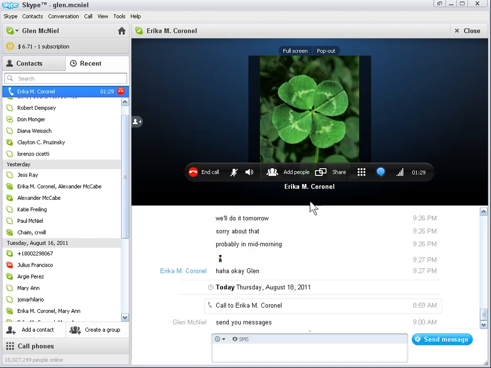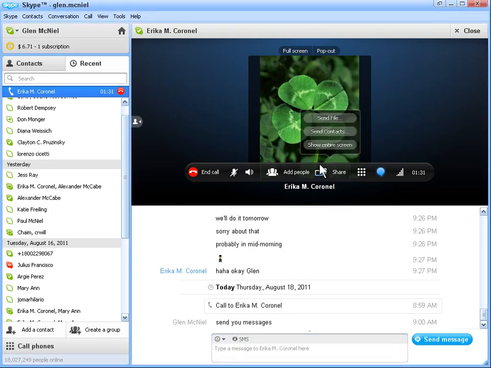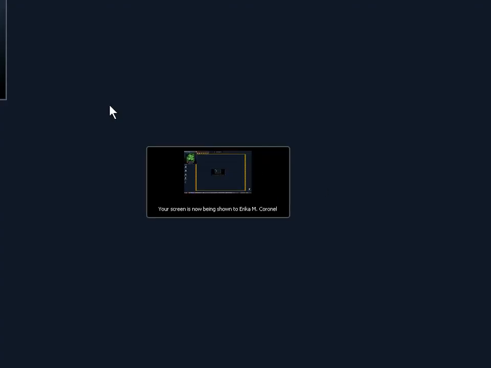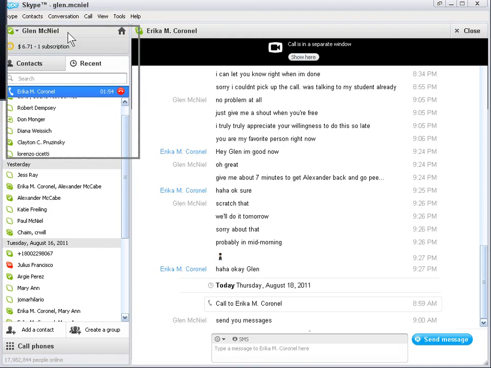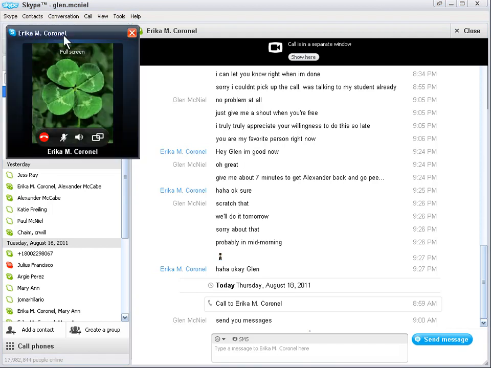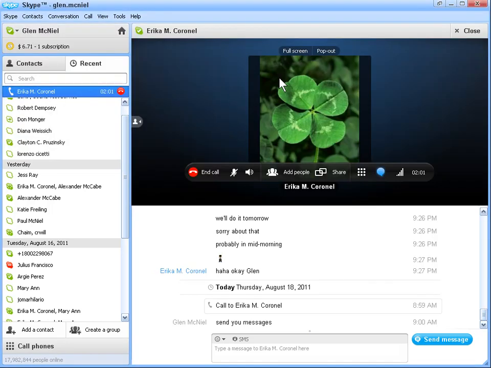Now the next thing I want to do is share my screen with you. From the share button, you could send a file, you could send somebody else's contact information, which is cool. But I'm going to choose to share the screen. And the first thing that I like to do when I do this is come back down here at the very bottom, select the Skype window, and instead of having it show this right here, which kind of gets in the way and obscures the view, I'm going to say show it